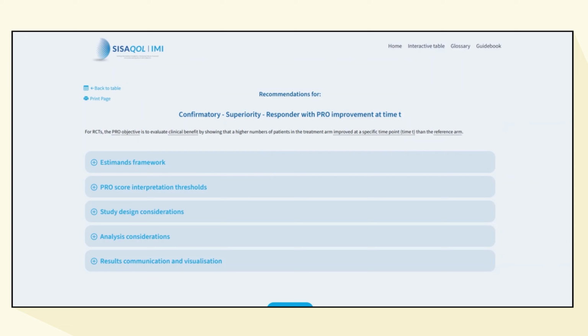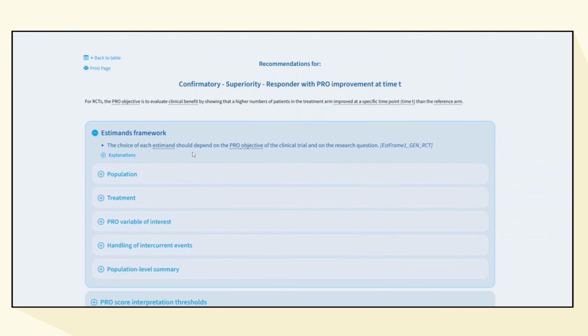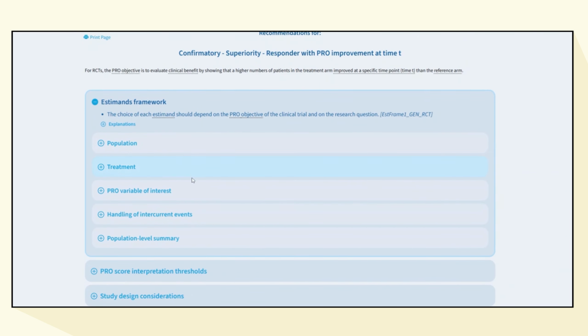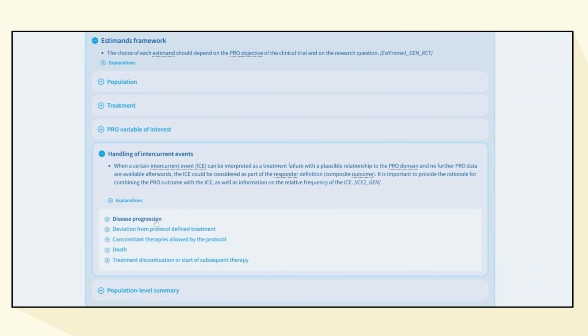A plain language description of the endpoint is presented at the top. Just below, you'll find recommendations across the key domains: Estimand framework, PRO score, interpretation thresholds, study design, statistical analysis, and results communication and visualization. If you are interested in guidance on the attributes of the Estimand framework, simply click to access the available recommendations. You'll find guidance, for example, on how to handle intercurrent events such as disease progression in